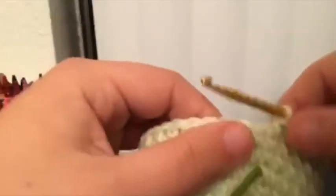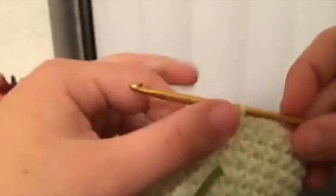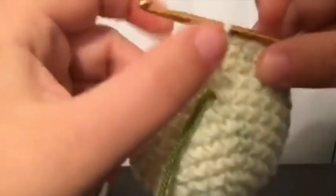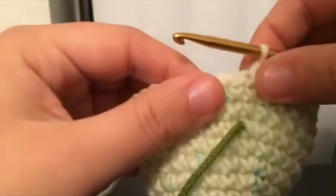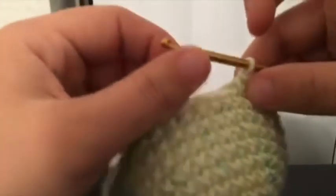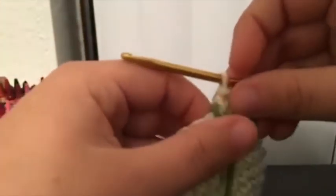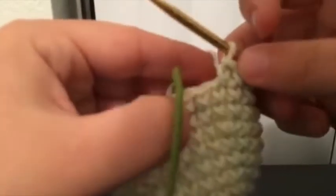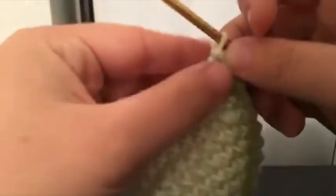hook. One way to change the size of your project is by using a different size hook, or just making tighter stitches or looser. As it is, we don't need that there anymore, and like I said, no more increases, just decreases. And in this row, that means first, let me get this back over here so I don't